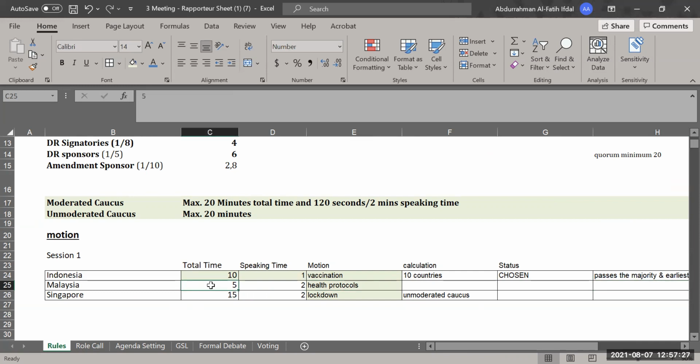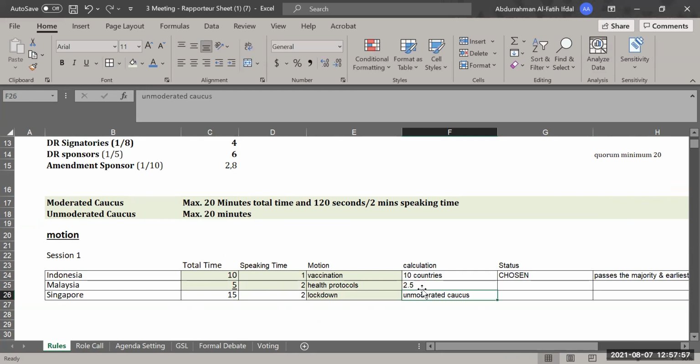It proposes 5 minutes total time. It does not violate this one, right? Because the maximum is 20 minutes, so it's okay. And then the speaking time is 2 minutes. 2 minutes is the same as the maximum here, which means it does not violate the requirement, right? So it passes. But the question is, can 5